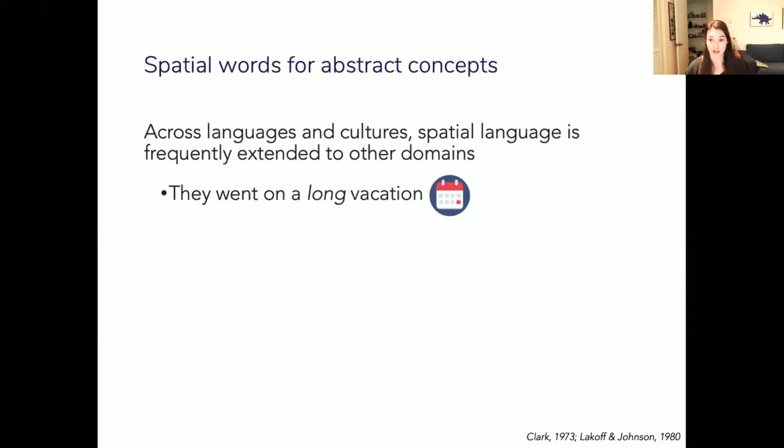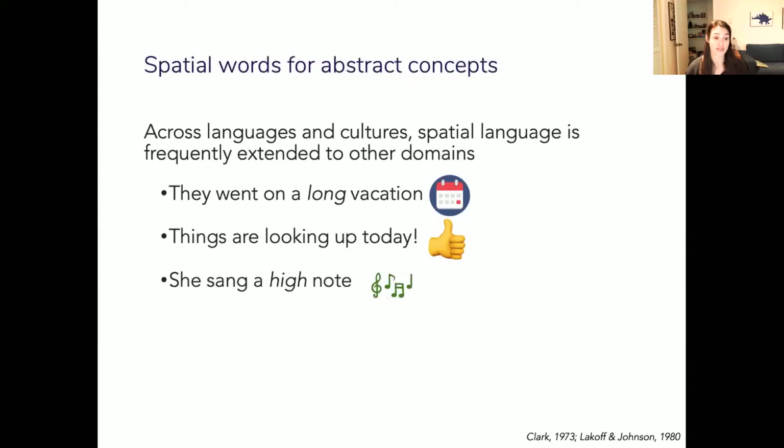We can use space to talk about things like emotional valence. We can say something like things are looking up today. We can also use space to talk about things like musical pitch. So we could say something like she sang a high note. And while these types of metaphors are very common across languages and cultures, the exact types of spatial references that